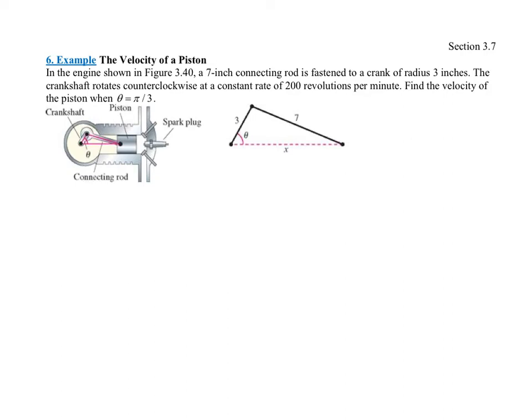Example 6, the velocity of a piston. Again, we're going to be using the law of cosines here. So it says, in the engine shown in figure 3.40, a 7-inch connecting rod, so we're looking at this connecting